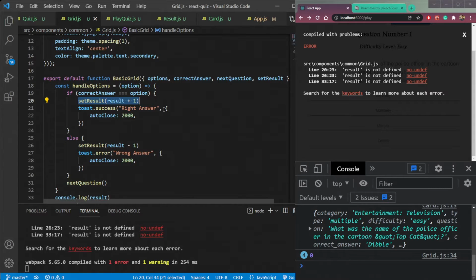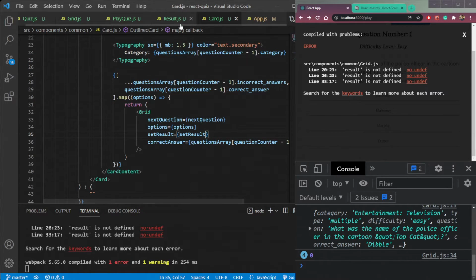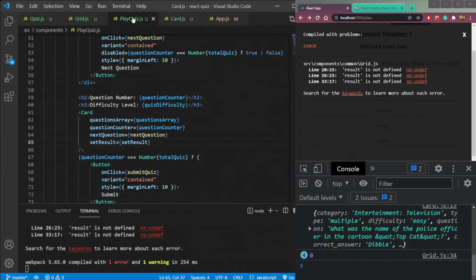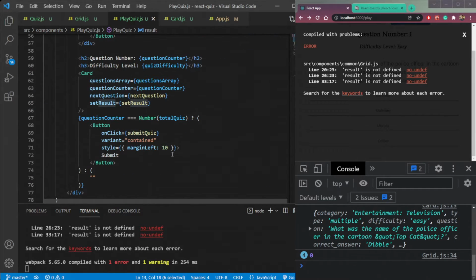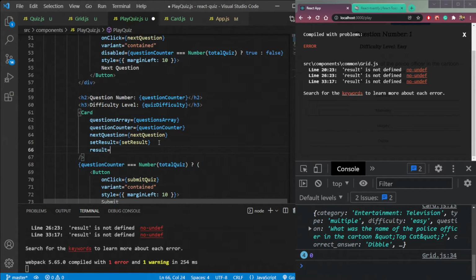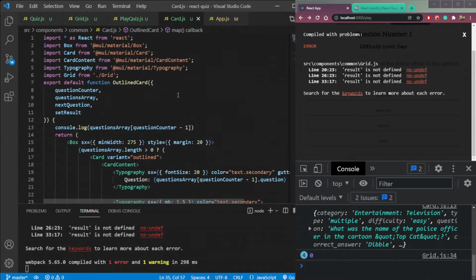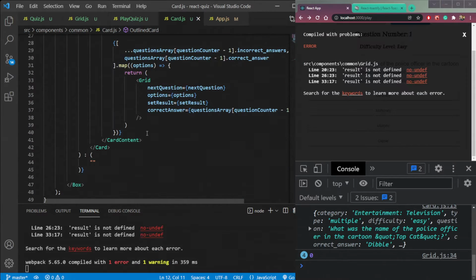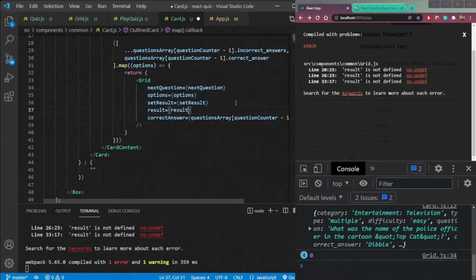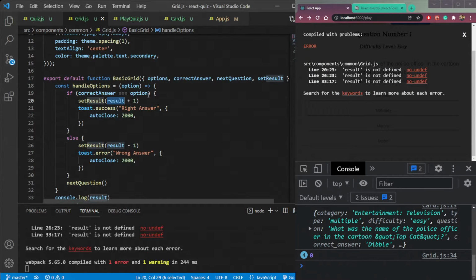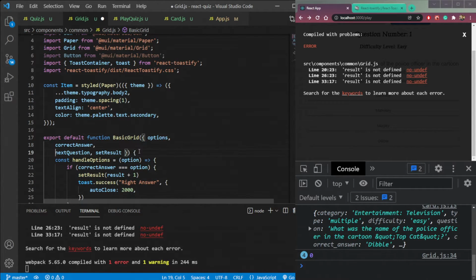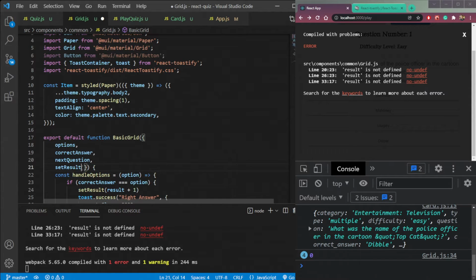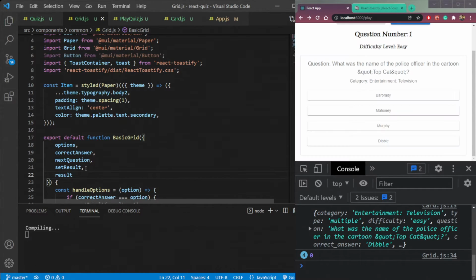So we are setting result as +1. So we also need to pass this play quiz result state here. So let's pass it. Then in the card we need to receive it, and let's pass it further like we did with the previous one, and let's receive it here. So let me break this down, and this should be result. Now it will work fine,